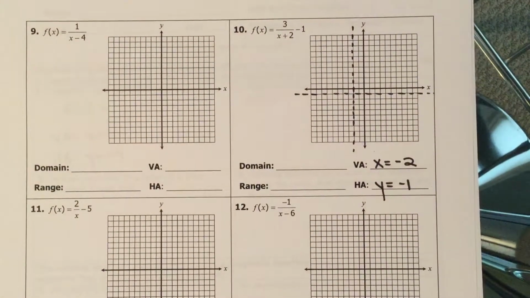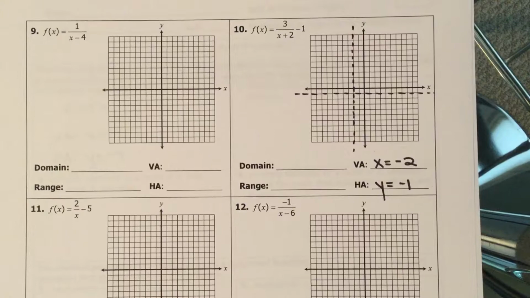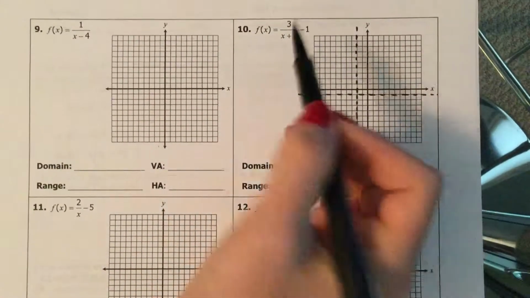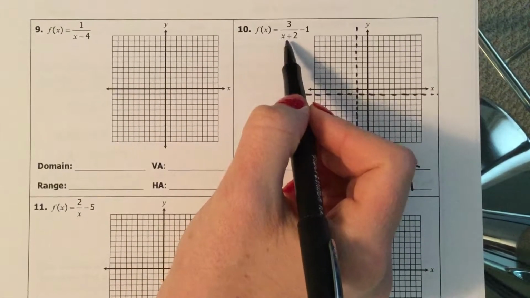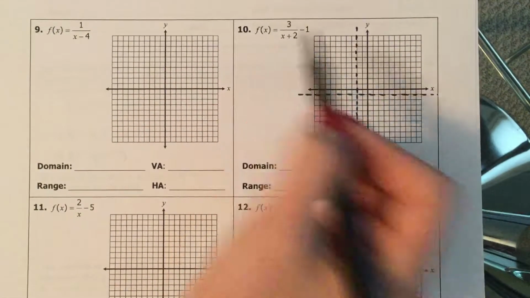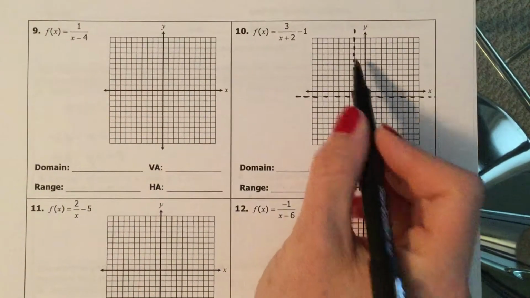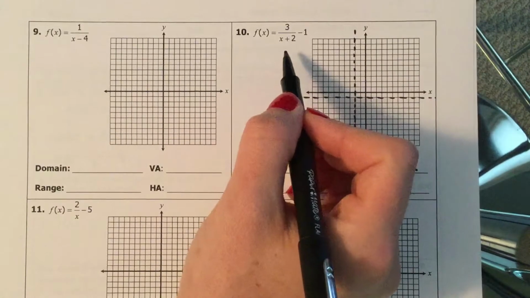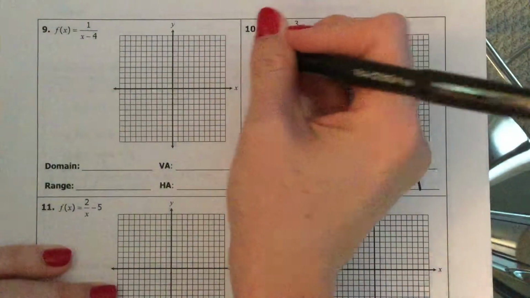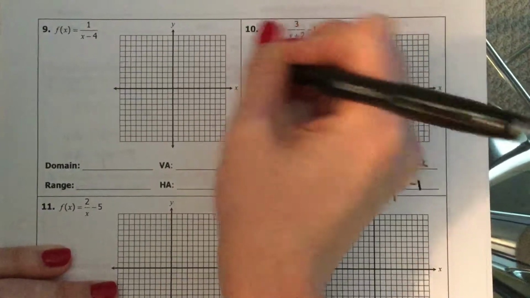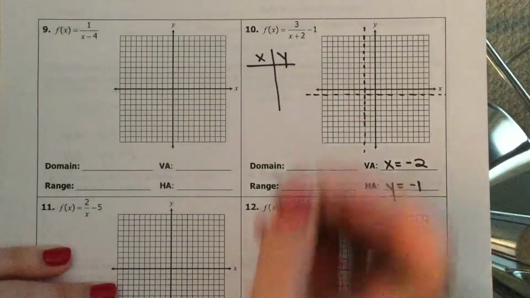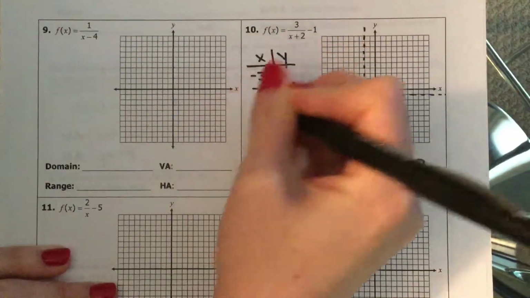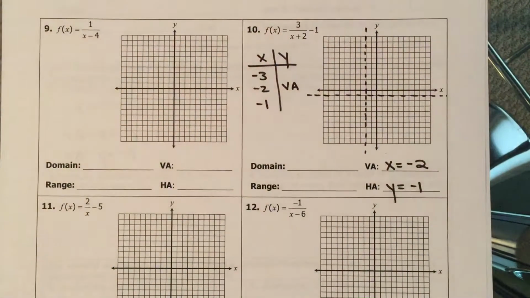That's our initial setup. And then for our actual shape of the graph, what you want to do to apply this shift of 3 is you want to plug in something just before and just after the vertical asymptote. All right, so if I have a -2 right here, you want to plug in a -3 and a -1, on either side of that graph. All right, so I'm going to set up a little XY. So the middle is at a -2. So -2 is your vertical asymptote. So then you go 1 back, 1 forward,